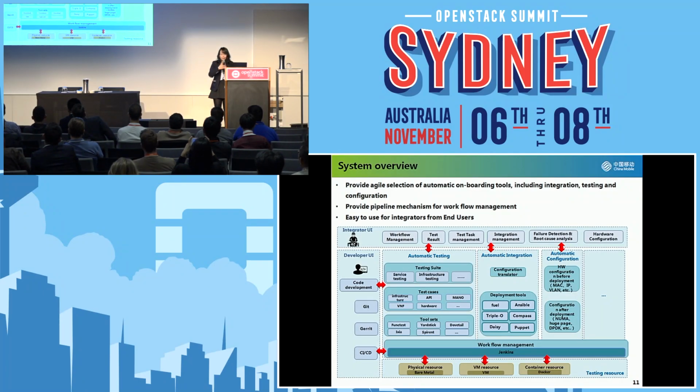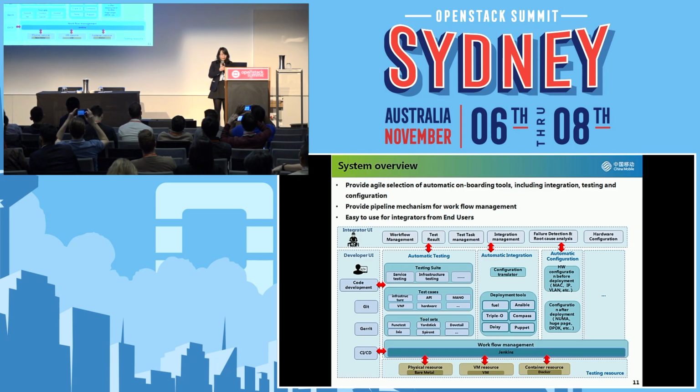We actually use Jenkins now to do the workflow management so that we can integrate lots of different automatic tools, and they are quite agile to use. We now have 3 categories of tools. One is automatic testing, which we use for the onboarding testing. The other is automatic integration, which integrates a lot of installers from different vendors that help us install OpenStack from different vendors. And we also want to provide some tools to do auto configuration, so that a lot of